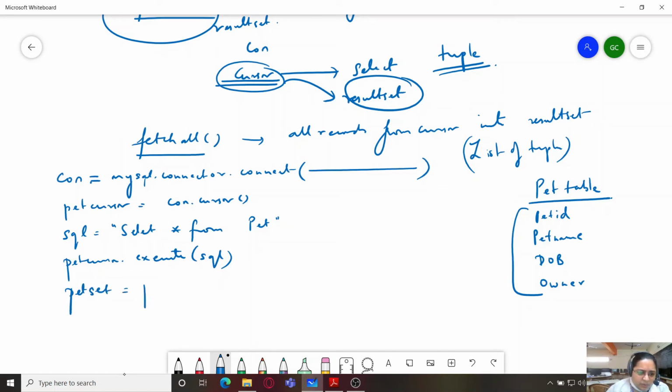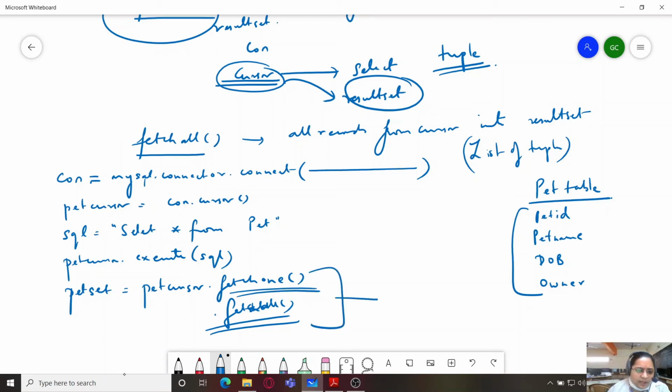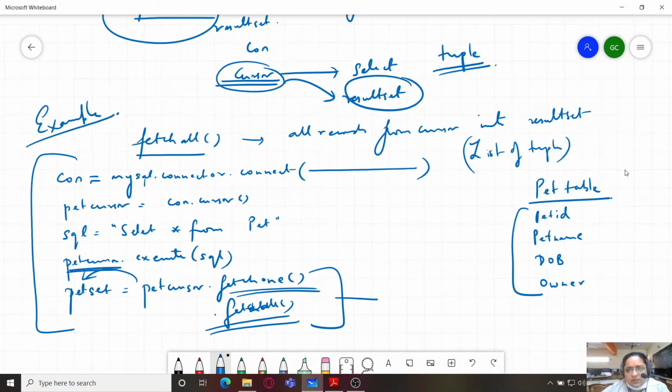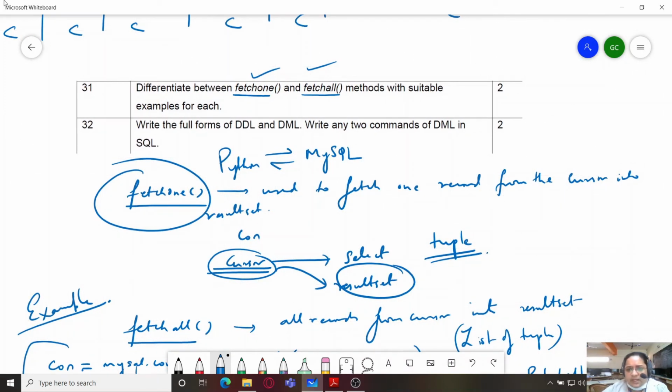So this will be equal to pet cursor dot fetch one or dot fetch all, right? So these two functions can be used to fetch all the records or one record from the cursor object into the result set, and you have to print its value. So you can just provide this program code as an example. You can form any example of your choice. So these are theory questions which can be dealt with very easily.